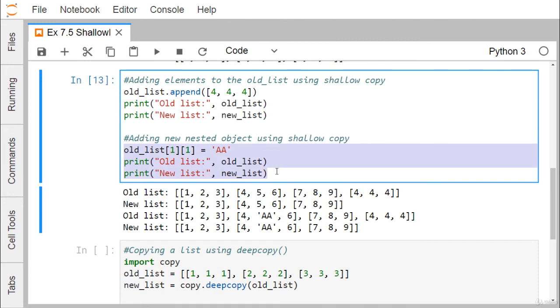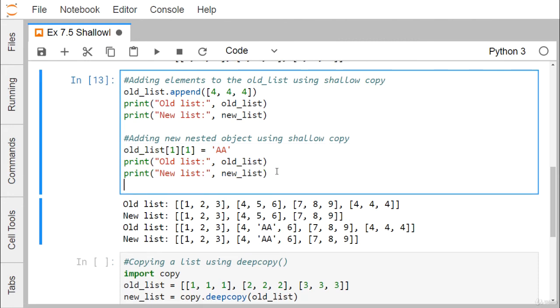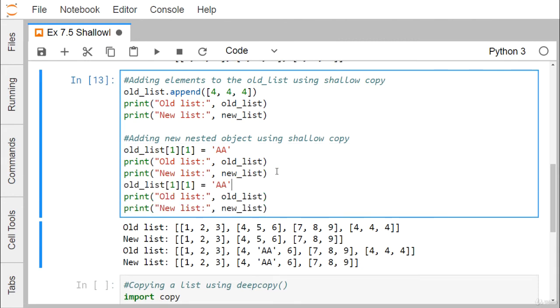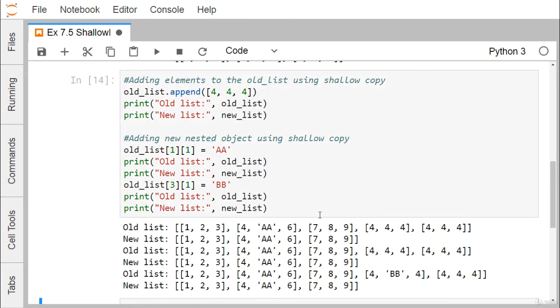So I'm just copying this one to show you that if we do the update at this particular place, say 31 with the value say BB, then obviously if we print it, you can find that we're getting this BB here, but here we're not getting this BB. And here you see we are going for this append once again. So this value has got appended once again, but this BB has been updated in this old list, but it is not there in the new list, so no question of updation will take place.